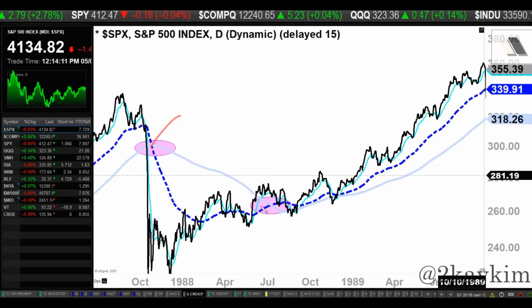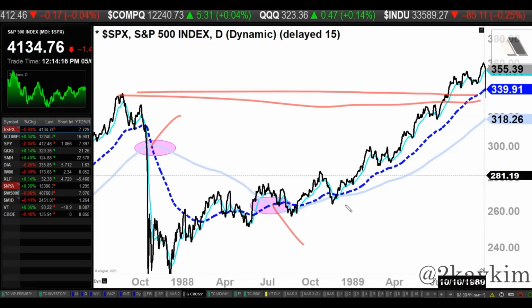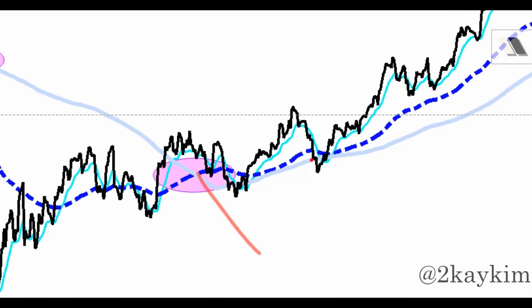Perfect. So you can see there's a death cross there. There's a golden cross here. We make new all-time highs. And you can see that midterm and long-term, they never cross, they just get close. Again, after you go through something like 1987 Black Monday, people are very scared. So how are you gonna trade? How are you gonna stay in the trade? If you thought that 1987 Black Monday and some of those lows were a good opportunity to buy some stocks cheap, to get into some of these stocks at value,